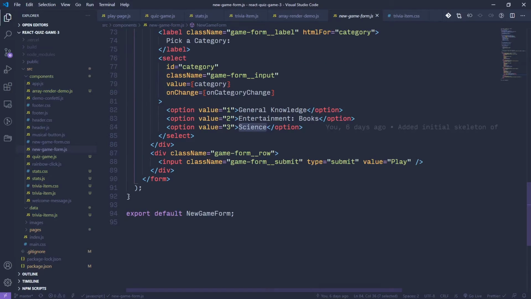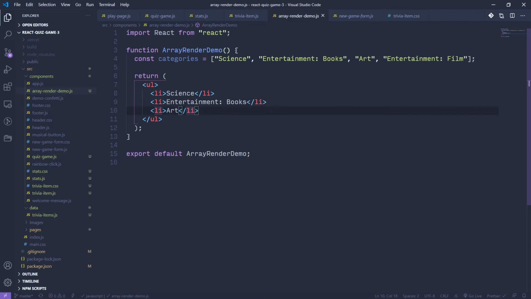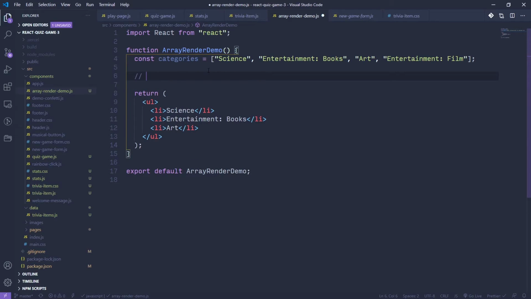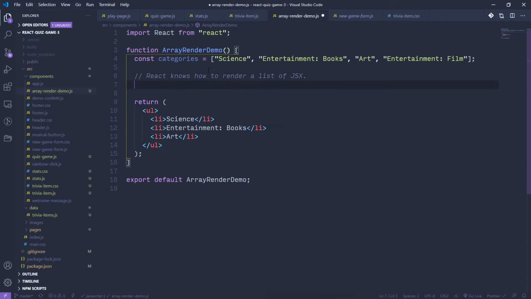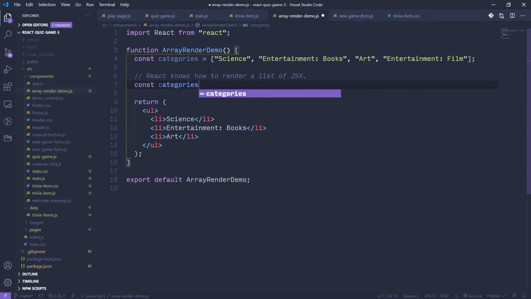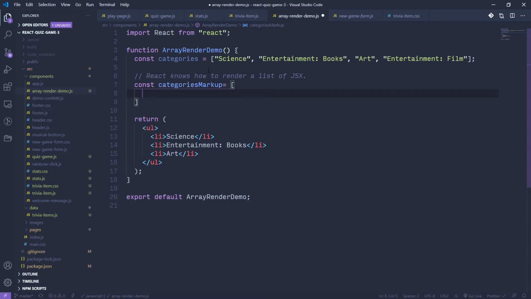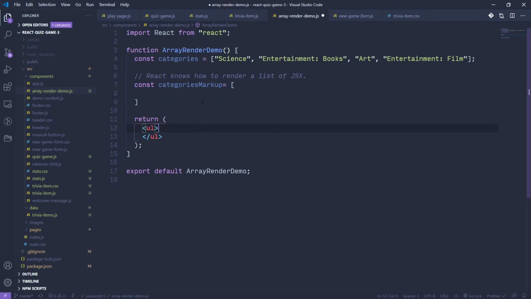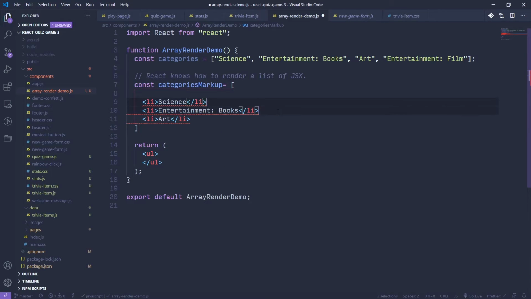So to sort of work our way up to that, what I want to do is demonstrate a couple of concepts. So one concept that's important to this is that React knows how to render a list, specifically of JSX. So if I create like categories markup as an array, I can take each of these list items and put it in here and add a